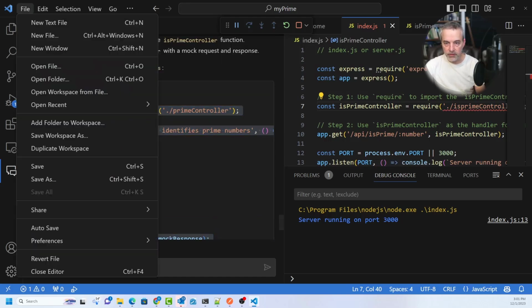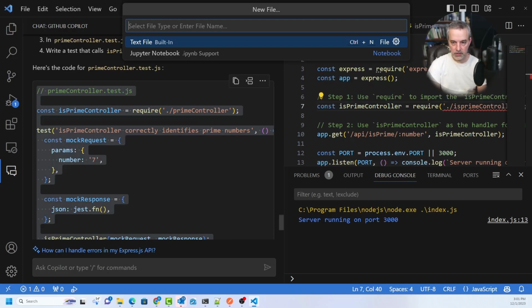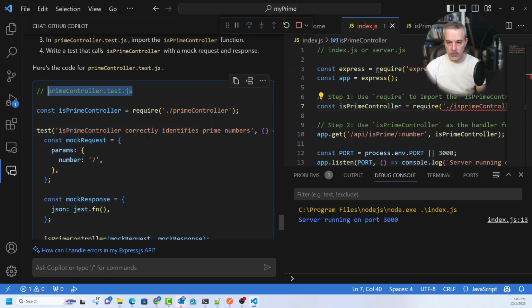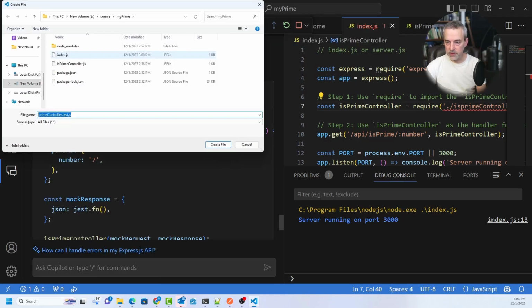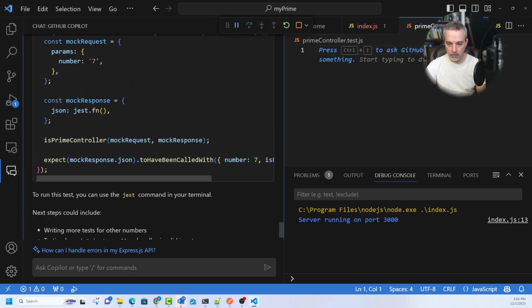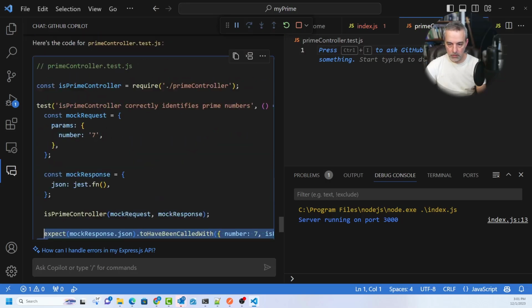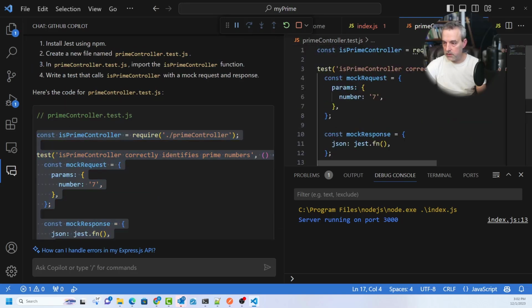So let's create a new file. New file. Test. Yeah, all right. File. New file is prime controller test. Let's try create file, and let's take this code right here. And this is prime controller. But